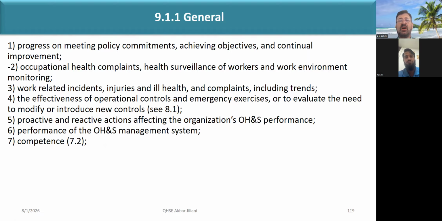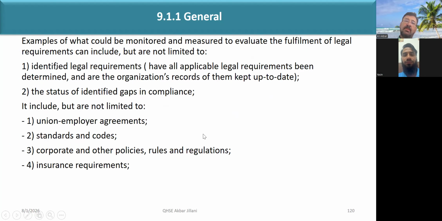The effectiveness of operational control and emergency exercises, to evaluate the need to modify or introduce new controls, proactive and reactive action affecting the organization's OHS performance, performance of the OHS management system. Now also the competence, meaning the competency of the people. Examples of what will be monitored to evaluate the fulfillment of requirements include but are not limited to: